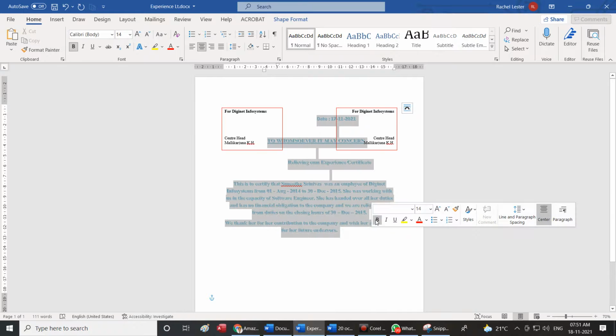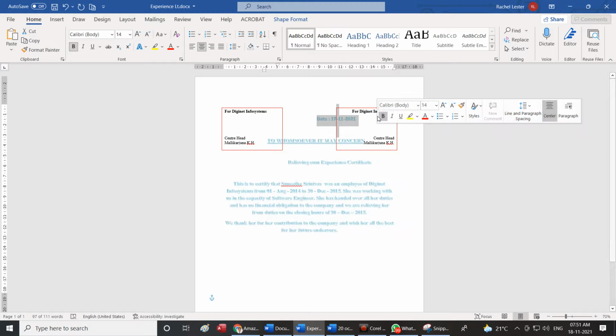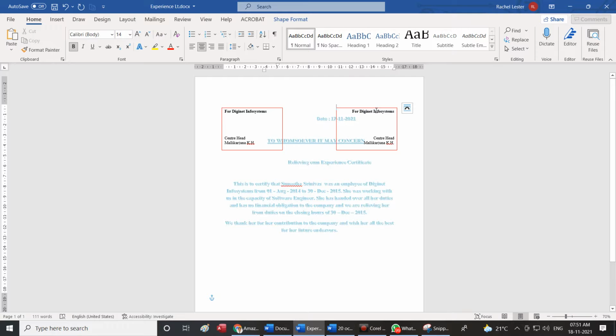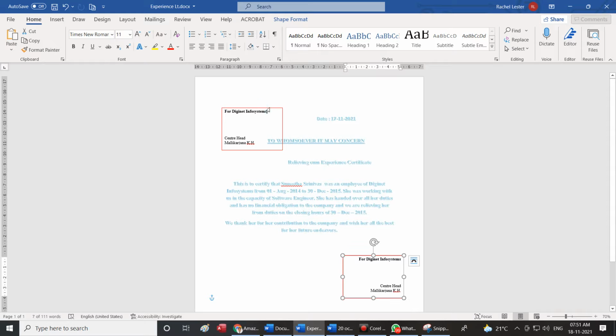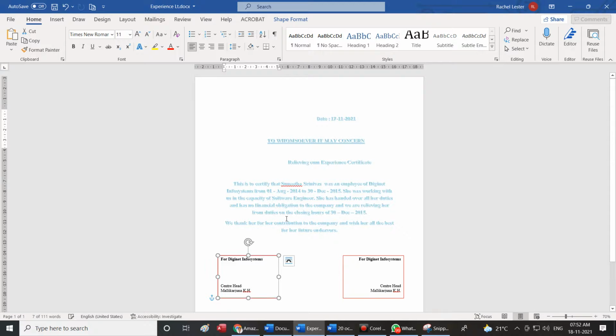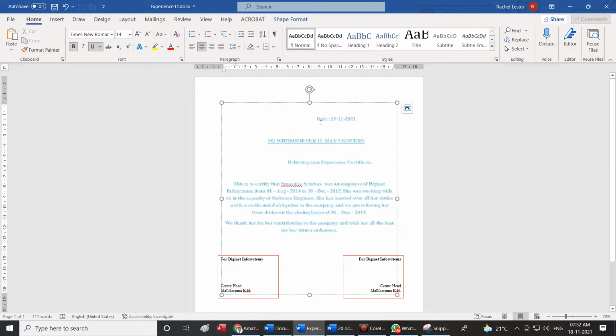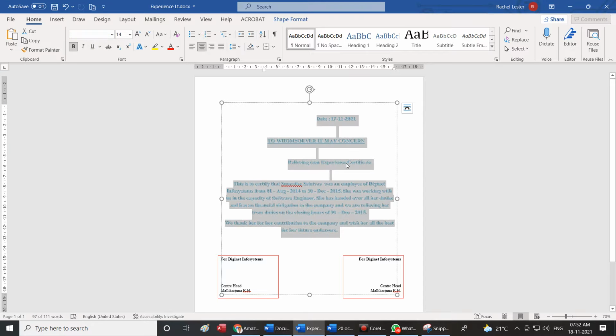The text needs to be realigned, we'll align it. We can always bring it down, select, bring it down, select, bring it down. Okay, here is a text.